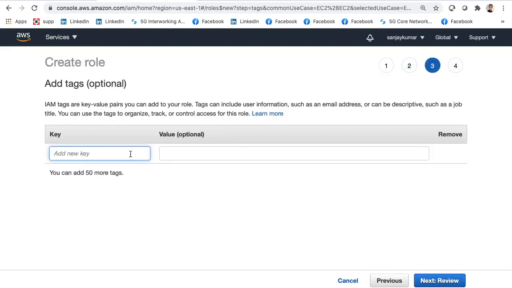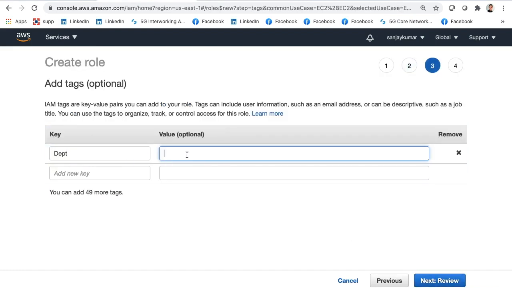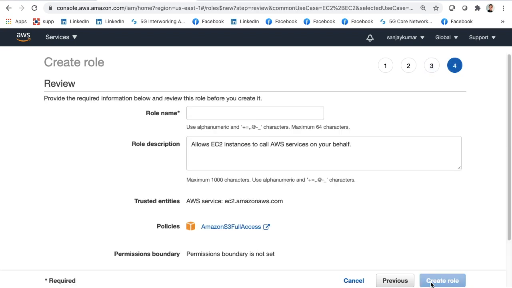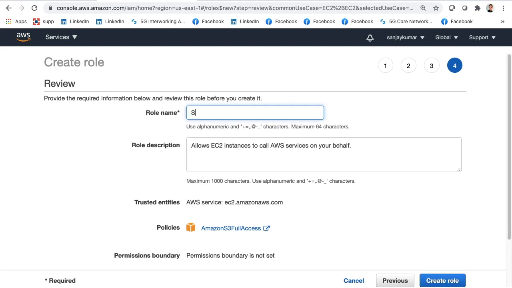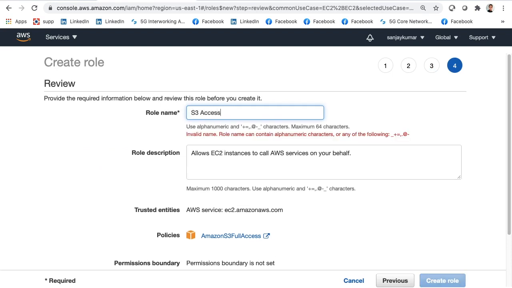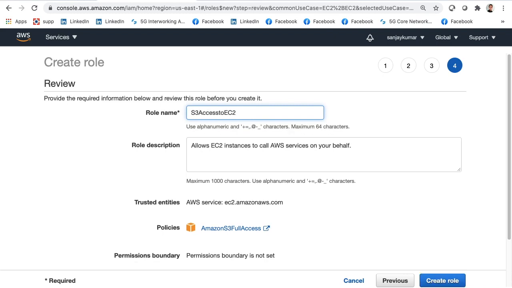Next, add tags. I will say department, and I will say development. Next, review. For the role name, I mentioned S3 access for EC2. So I have added S3 access to EC2.